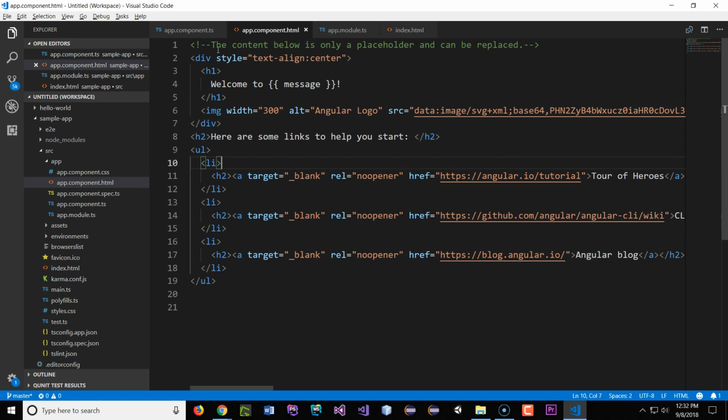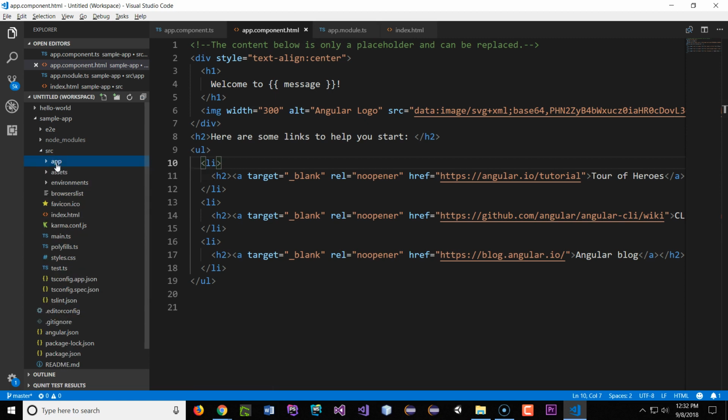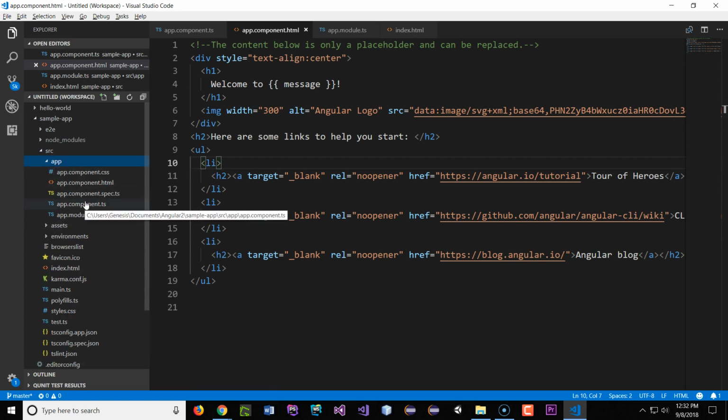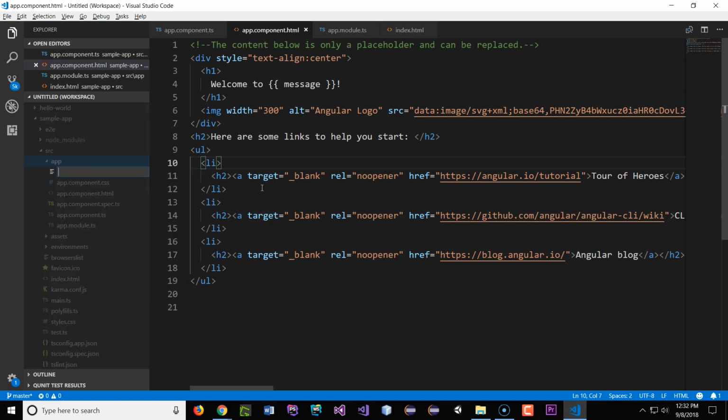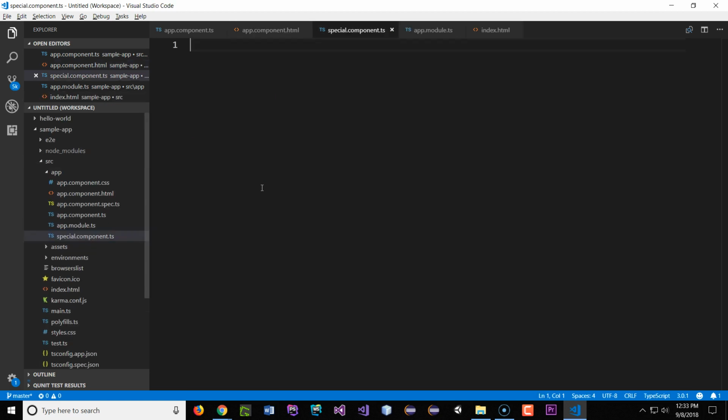Okay, so let's just say we're going to add another component inside here under the app directory. I could go and create a new file. We'll just call it sample, let's be a little bit more creative. Let's just say special, maybe like special.component.ts. Okay. So the first thing you want to import is